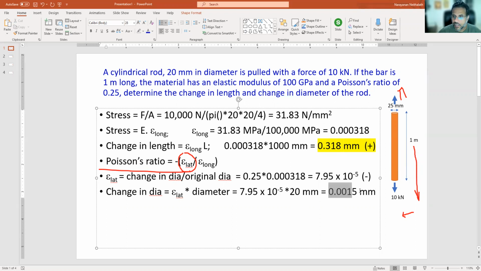That is your change in diameter of the specimen under